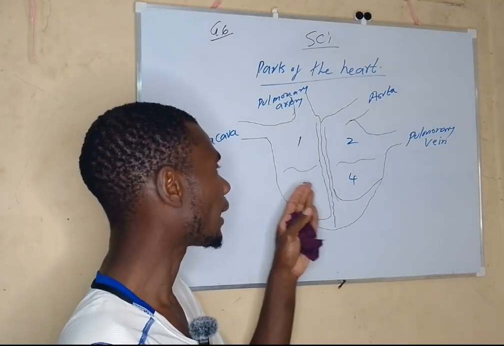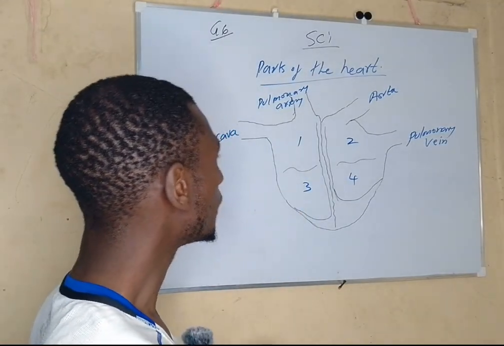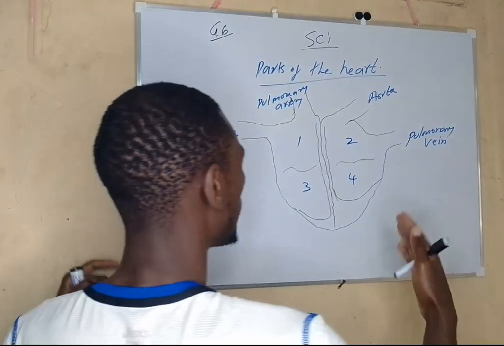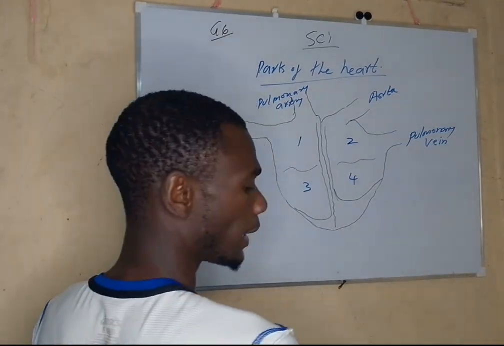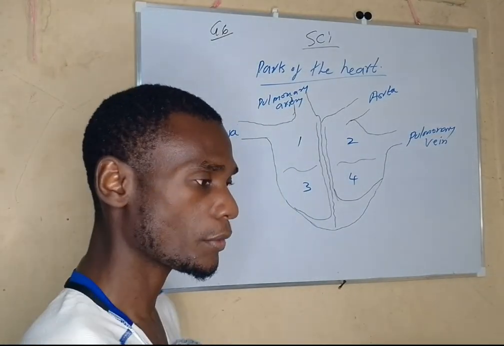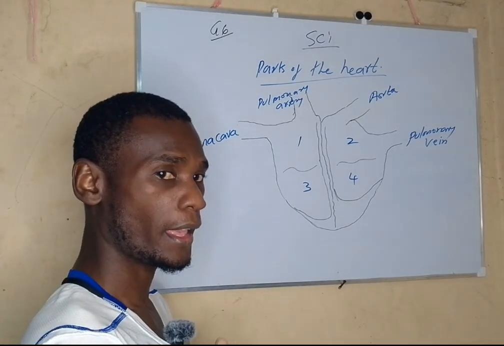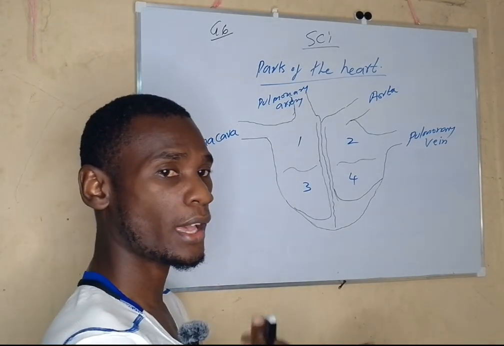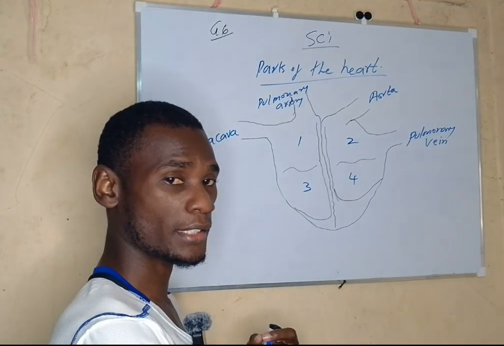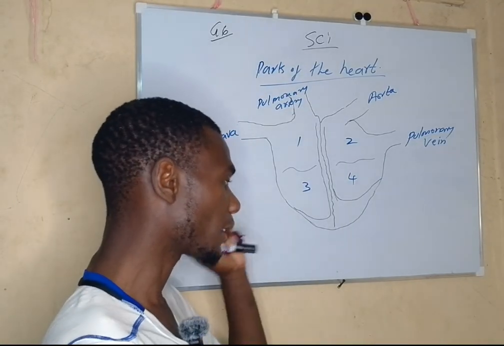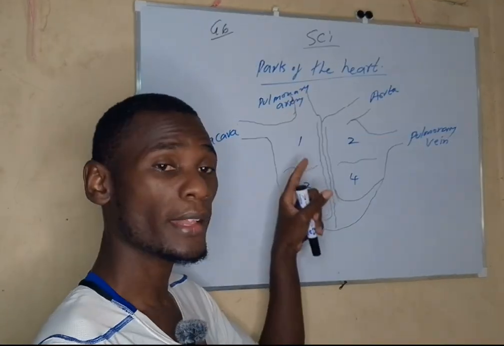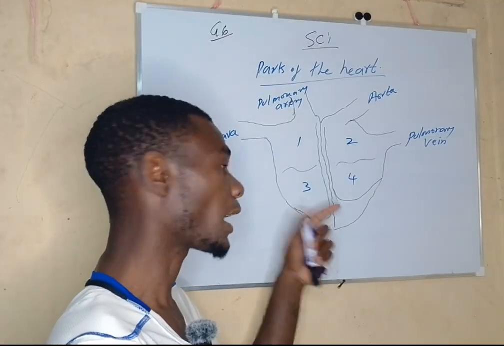Now, if you have the heart like this, anytime you have a diagram drawn in front of you, I want to take, for example, this one. If I'm facing this diagram, it's like somebody is standing in front of me, facing me. We are facing each other, so my right hand side is your left hand side, and my left hand side is your right hand side. That is the first way of identifying the left side and the right side of this heart.